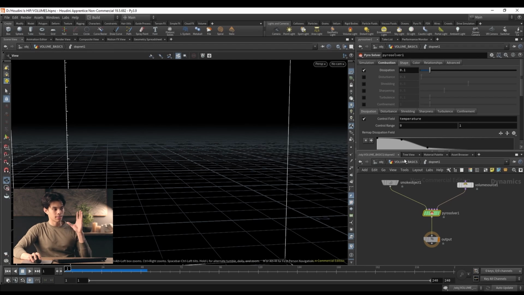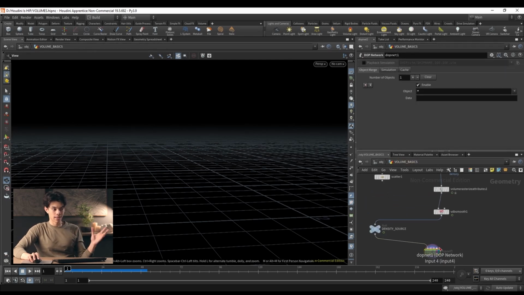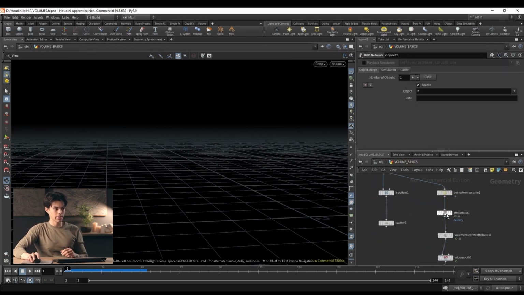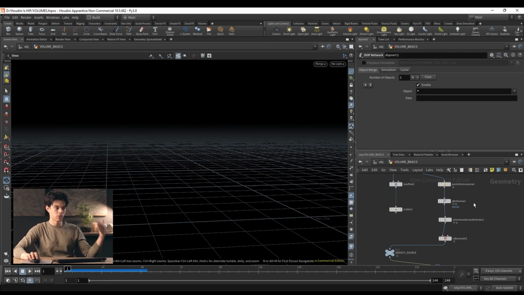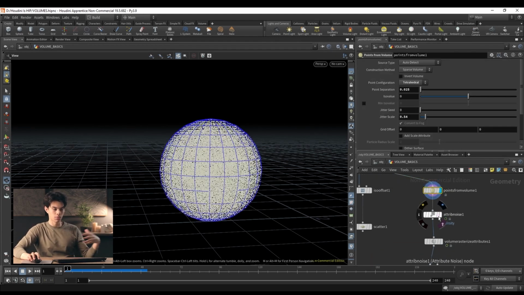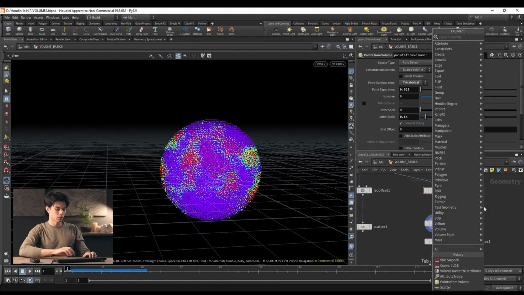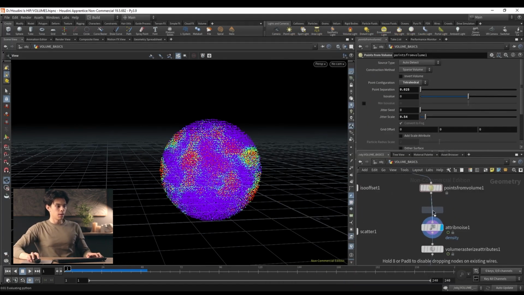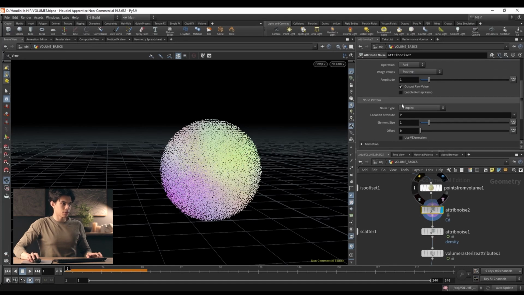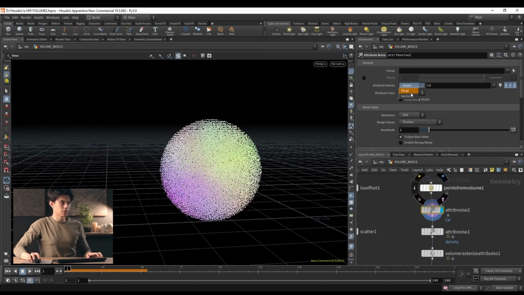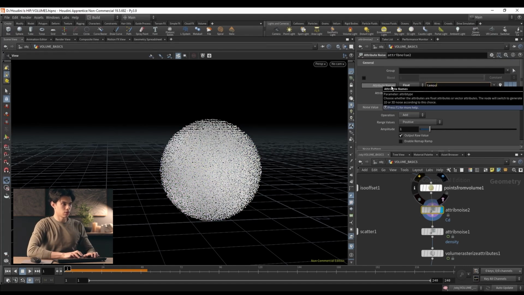Now, we want that temperature attribute. And now it's really simple. We have everything in place that we need to just add attributes to this, right? We have this points from volume, so we have points. Then we have our density being added. So all we have to do is do another attribute noise, but this time work with temperature. So attribute noise, plug it in right over here. This time we're going to be going to the top over here, changing it to a float, setting this to temperature,